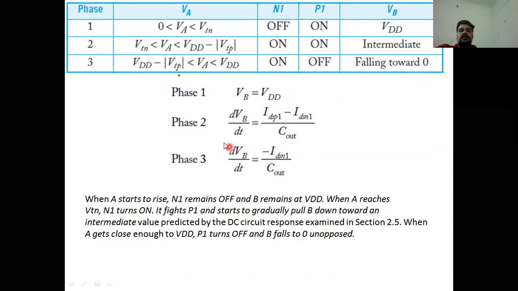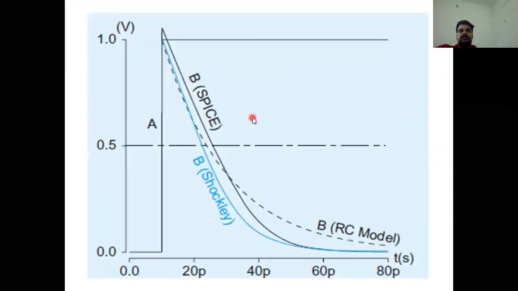Okay, so these are the three phases that we consider. So this is the transient response of a CMOS inverter when a step input is applied. Okay, so this was all about the response. Okay,